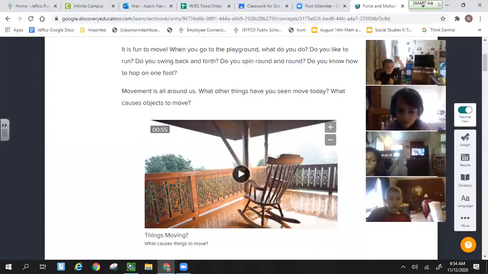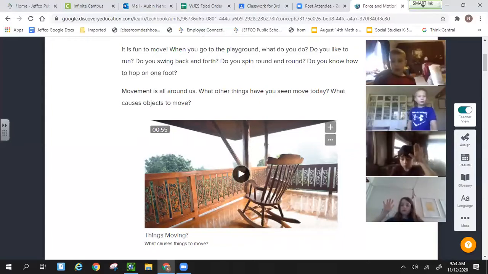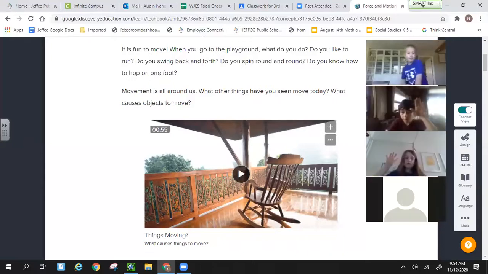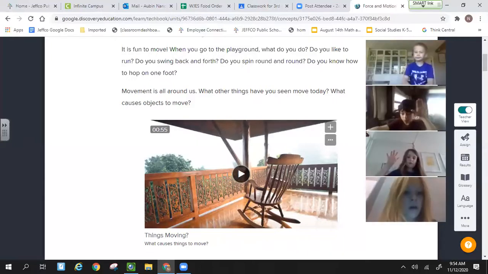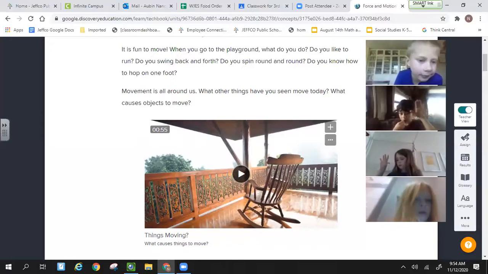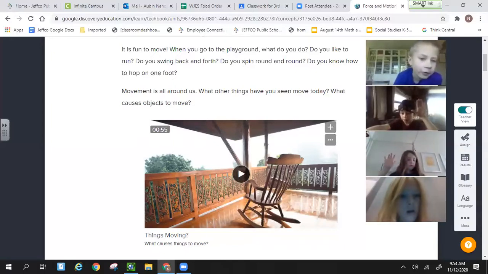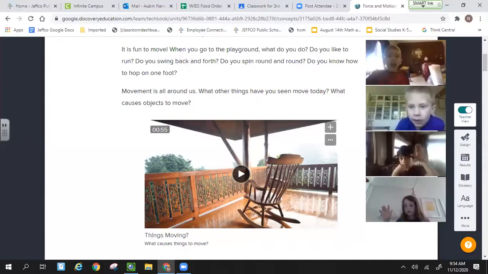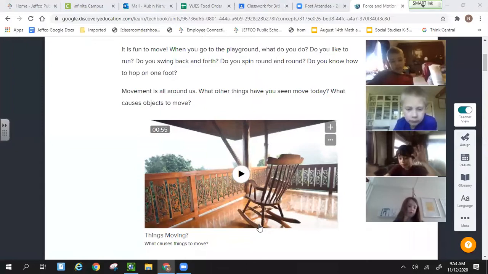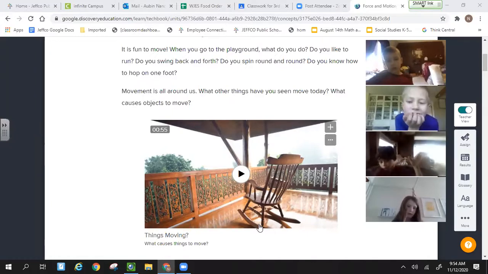Okay, I'm going to let other people have a turn. Logan? It's how you're feeling. Can you say it again one more time? How you're feeling. Feeling, right? Emotion. Oh, I think you're thinking, right, Finn. I think you misunderstood, Logan, and you're thinking of emotions. And that is right. Emotions are your feelings. We're looking at the word motion, M-O-T-I-O-N.